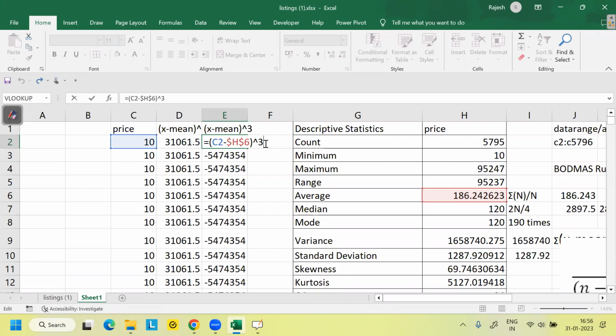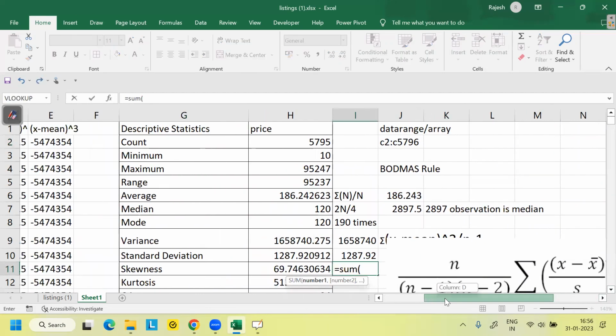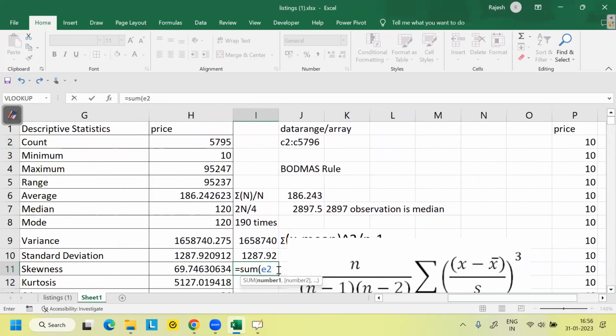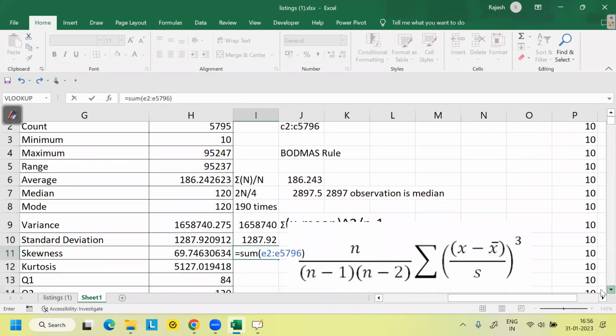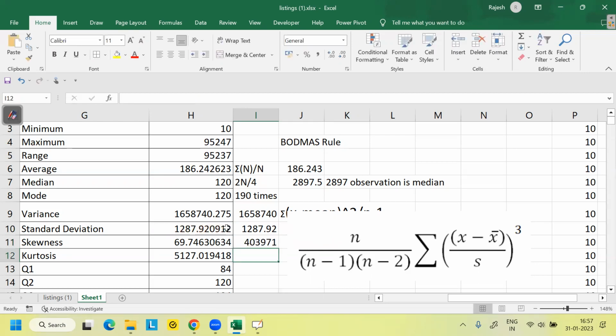All right, done. Now look at the formula. We have calculated the x minus mean cube part. Now we need to do the summation. Is equal to sum, the column is E, sum of E2 colon E5796, divided by standard deviation. We have already calculated standard deviation, right? This is the standard deviation to the power of 3. Sum of the column x minus mean whole cube divided by standard deviation to the power of 3. You got 40,397,